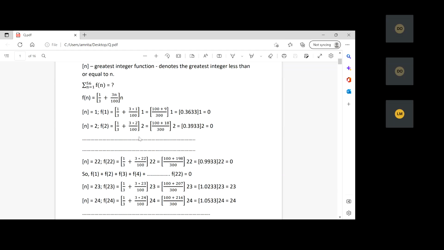Then you need to substitute the value 2. When you are substituting the value 2, it will also come to 0.393. So here also 0 into 2 is 0. So whenever you are solving this, after solving for some values, you will come to have an idea that up to,